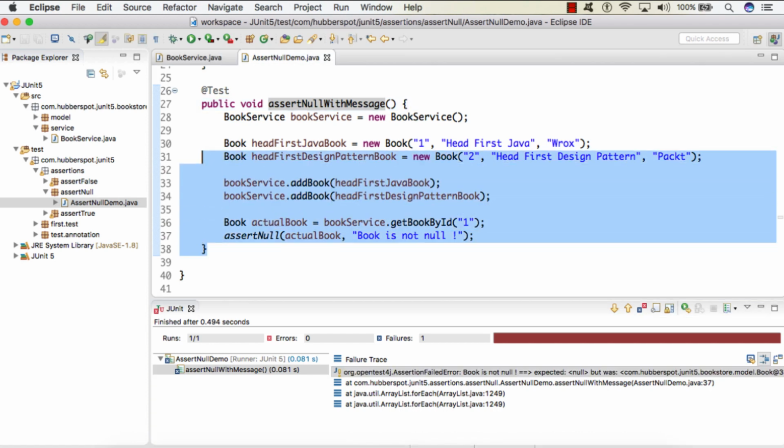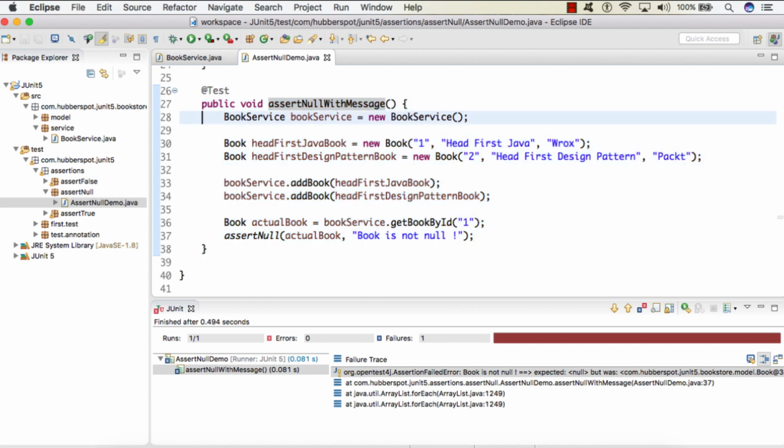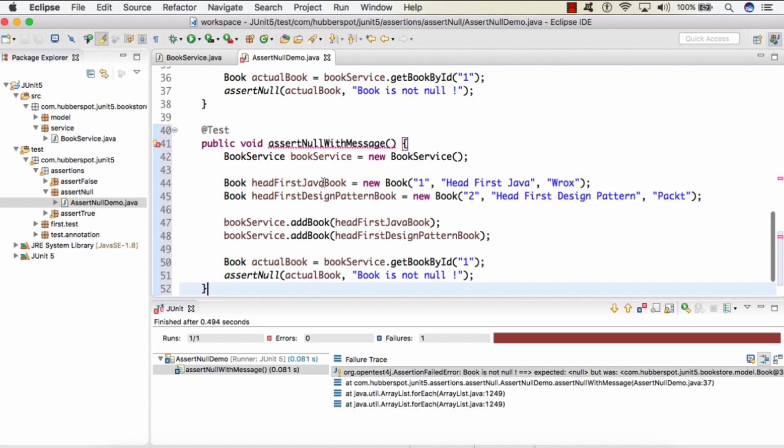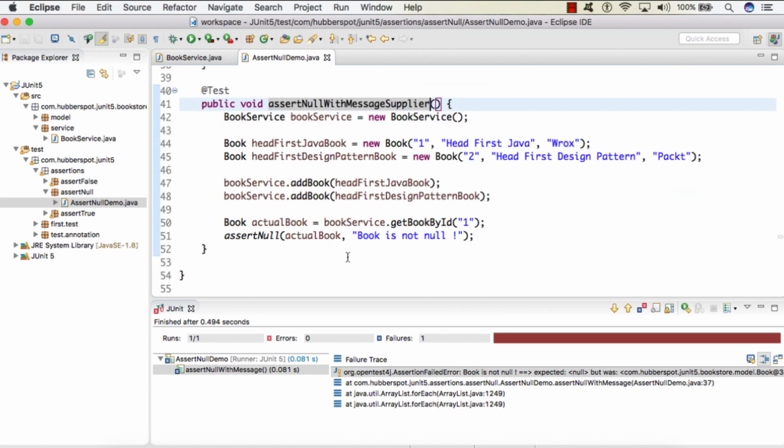Now we'll see the third overloaded method. I'll give the name as assertNull with message supplier. Friend, this assertNull method, instead of taking a direct string message, takes in a Supplier functional interface.